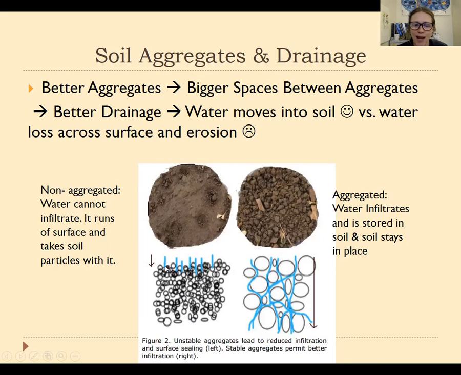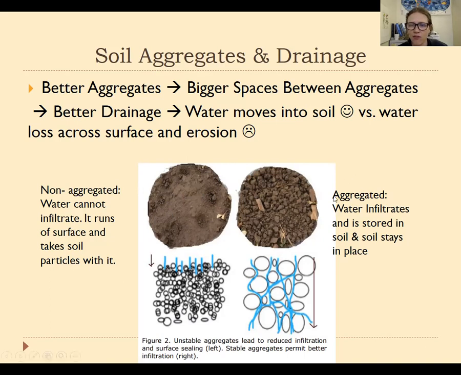And so when it rains, there are some small spaces. Some water can be absorbed by the soil, but pretty quickly the soil is going to be overwhelmed. And instead of water going down into the soil, the water is going to run across the surface. That could lead to things like flash flooding, but it could also lead to the removal of soil surface particles, soil erosion, and certainly is going to limit the amount of water stored in the soil at the end of this storm event.